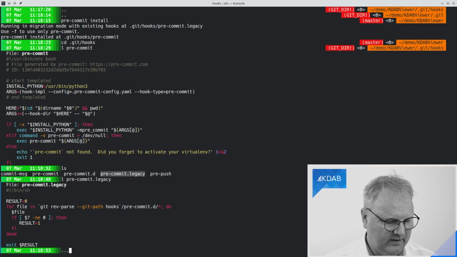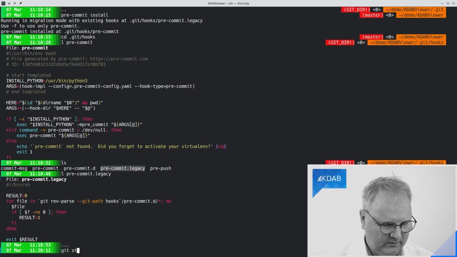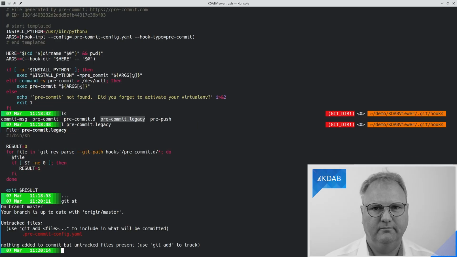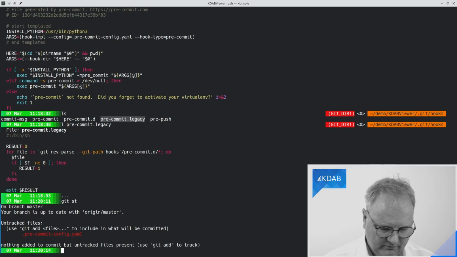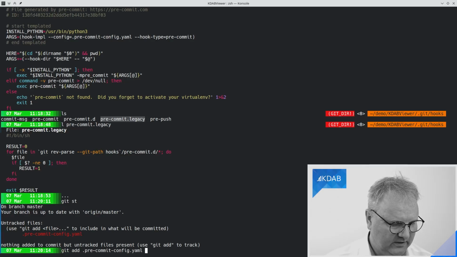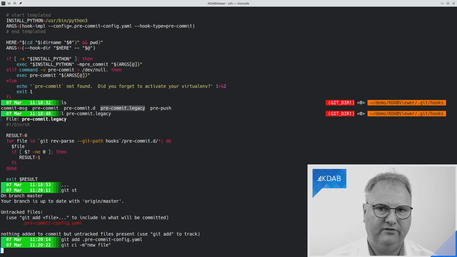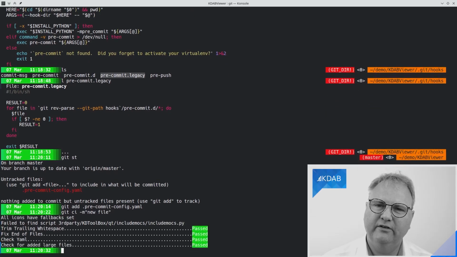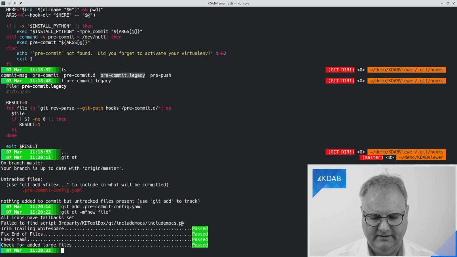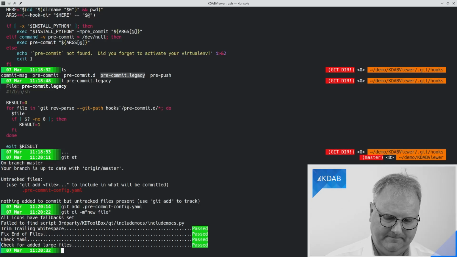So let's just go out here and see what we have here. We have a st, that's a shortcut for status. We have this new file, so let's just add that .pre-commit hook and check that in. And ci is just a shortcut for commit. And now you can see here, it's running all of my tools here. It failed to find the script, blah, blah, blah, blah. Okay, so obviously I needed to set up my submodules, which I'll do when you are going for a break.